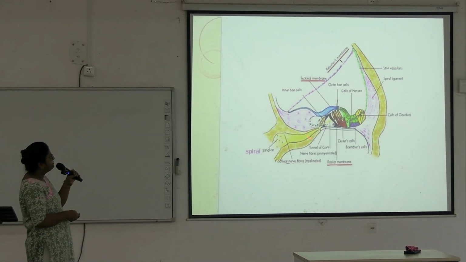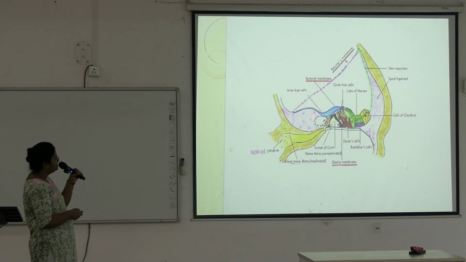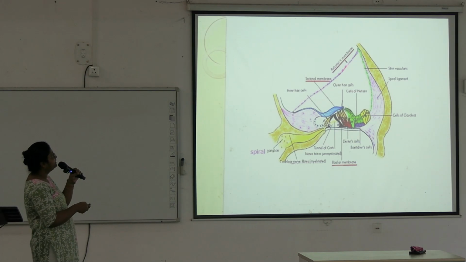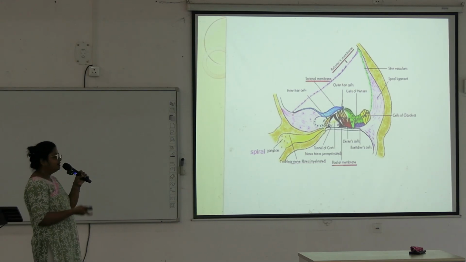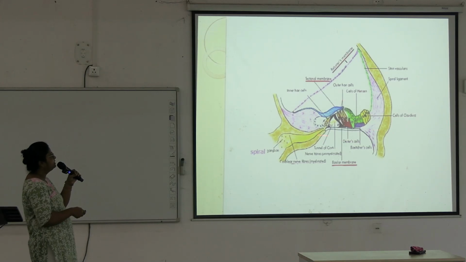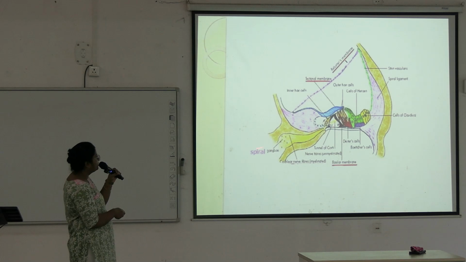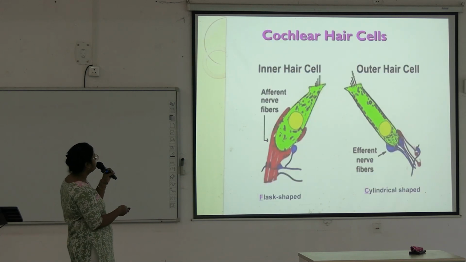Practice a schematic diagram like this for the organ of Corti. Inner hair cells, outer hair cells, tunnel of Corti, supporting cells, tectorial membrane, and this is the roof formed by the Reissner's membrane, stria vascularis which helps in secretion of endolymph, and this is the basilar membrane over which the organ of Corti is lying, and from here the cochlear nerve is arising.